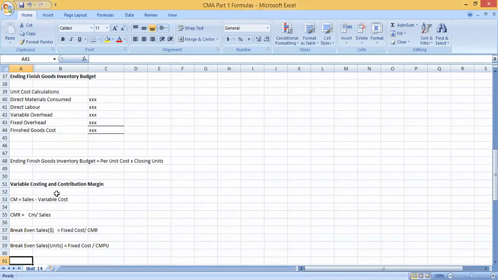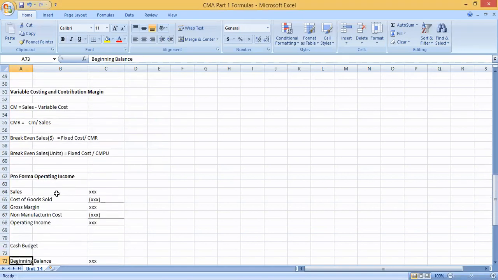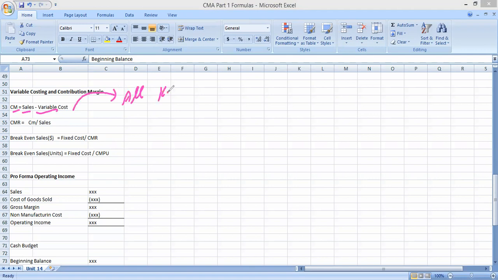After that, my students, we have a small introduction here. Although you have these break-even calculations in part 2, here we have a small introduction, because you know that during part 1 also, some of the questions are testing this. So you need to be aware of break-even calculations. For break-even, students, first of all, we calculate the contribution margin: sales minus variable costs. Make sure you subtract all kinds of variable costs. Students sometimes make the mistake of only considering variable manufacturing costs. So consider all kinds of variable costs here.